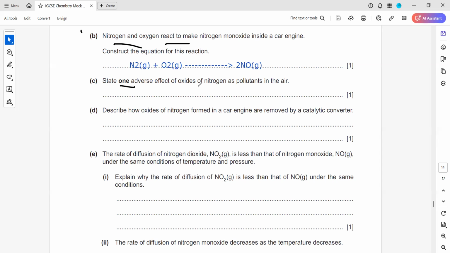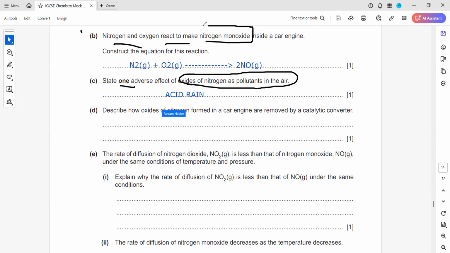State one adverse effect of oxides of nitrogen. Acid rain. They mentioned nitrogen monoxide. I forgot. Describe how oxides of nitrogen formed in the car engine are removed by the catalytic